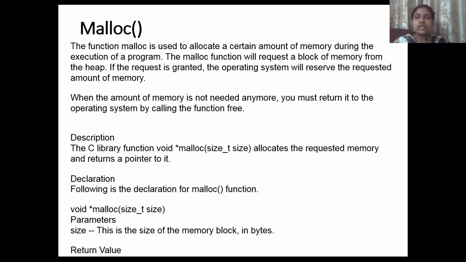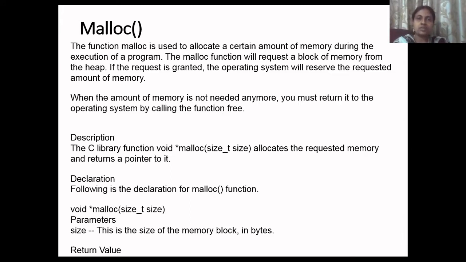If we want to allocate space while the program is executing, we can use malloc. See, if it is an array, before beginning the program I need to decide the size of the array. If the array size is 10, only 10 values can be stored. But in certain situations we need to decide the size at runtime, when the program is executing. Sometimes 5 records need to be stored, sometimes 20 records, sometimes 1000 records. So we can't keep on changing the array size.